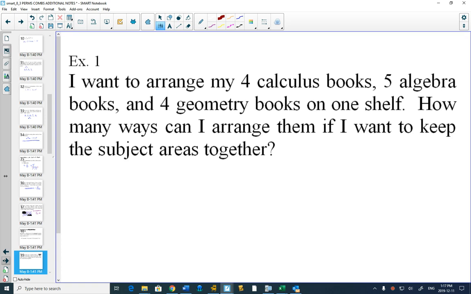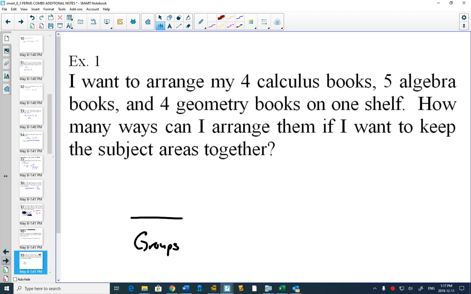So with a grouping question like this, you think of it in sort of 2 different stages. Or in some ways you can think of it as decisions. We've got more than one decision that we have to make. First, I need to decide, am I going to have my calculus books first? Or am I going to have my algebra books first? How am I going to arrange the different groups? So decision number 1 is